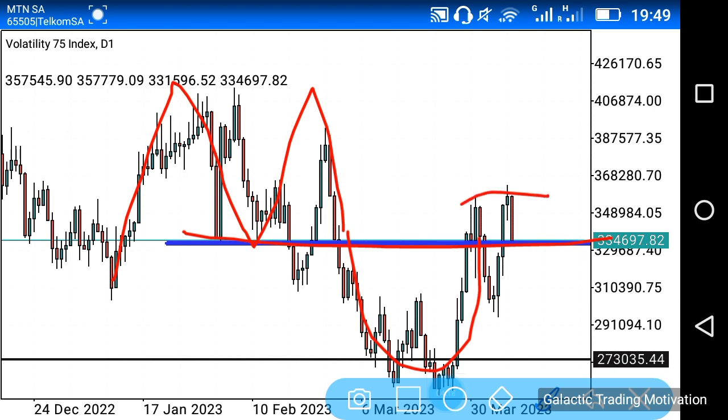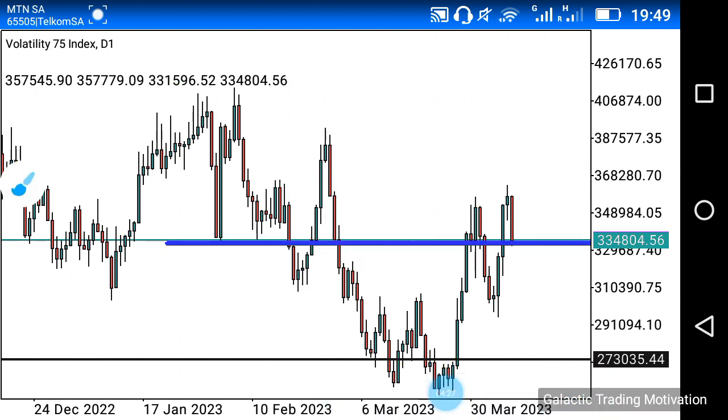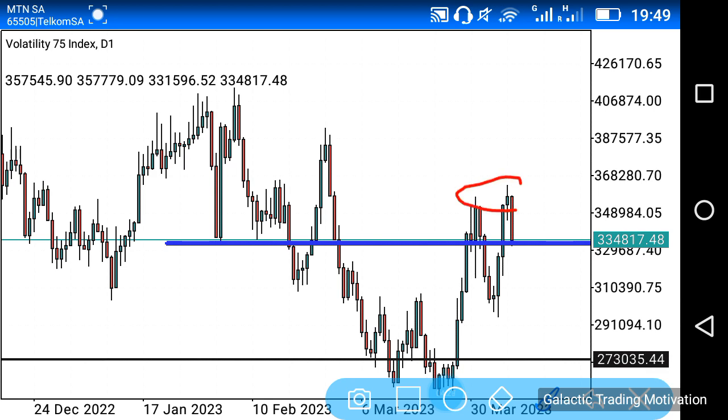And at this point in time, we can see that the neckline wasn't really able to hold the market. Having said that, we can also see that the market has given us a double top at this point, and chances are that we might potentially see the market continue to push further down to around this area over here. Why do I say so?